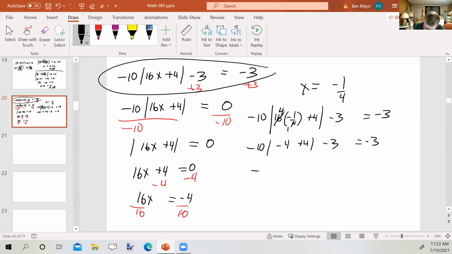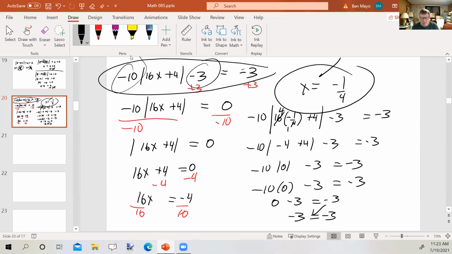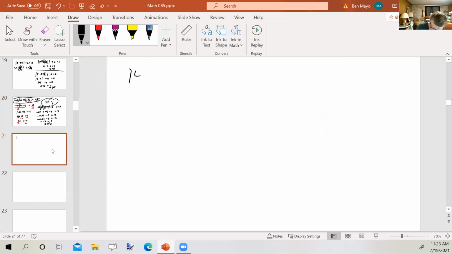Inside, negative 4 plus 4 is 0. The absolute value of 0 is 0. So I've got negative 10 times 0 minus 3 equals negative 3. Well, negative 10 times 0 is 0. 0 minus 3 is negative 3. Negative 3 equals negative 3. So it is correct. But again, don't draw conclusions until you've isolated the absolute value term. No extra terms, no coefficients outside. Okay? All right. Another possibility is where you have an equation that contains